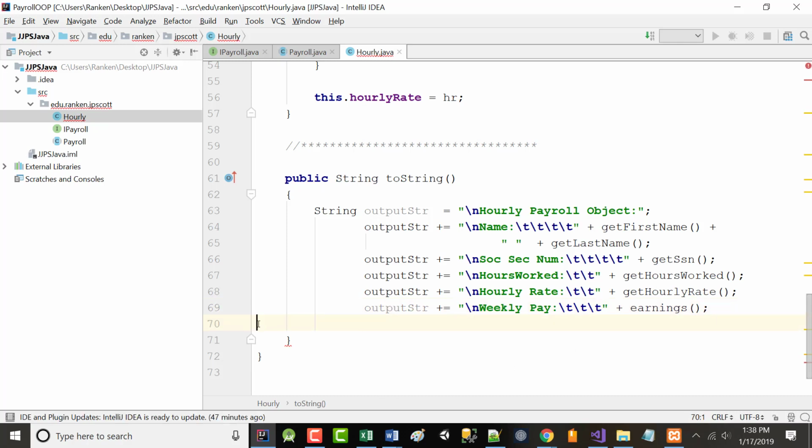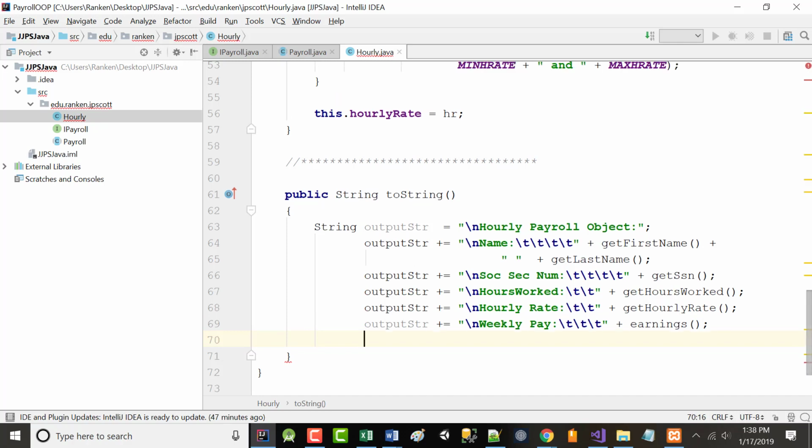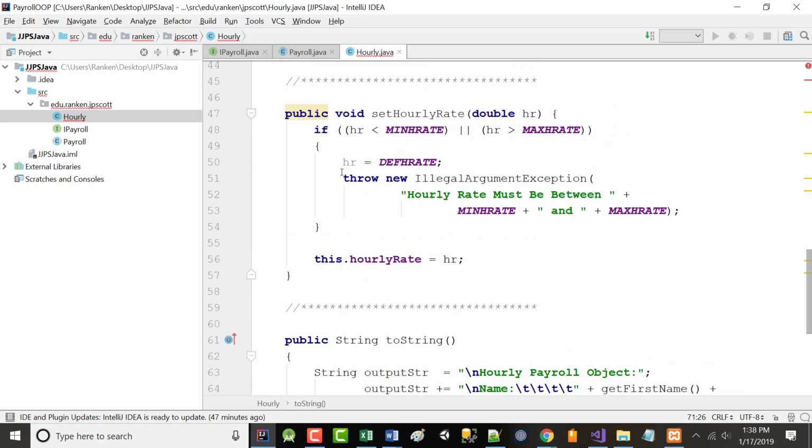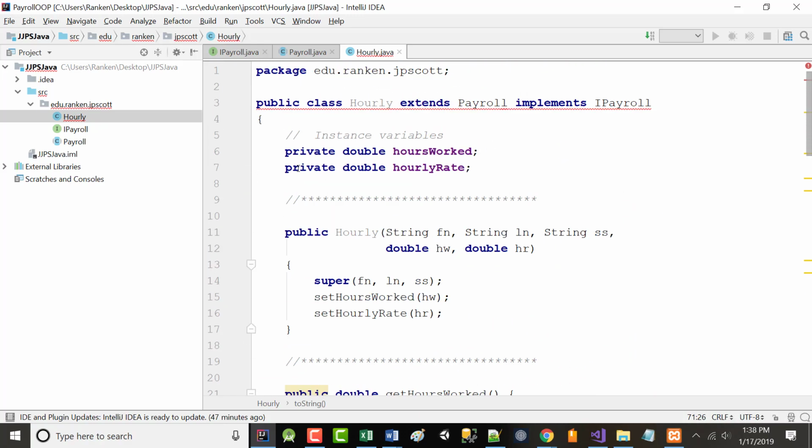All right. Now, if we wanted to pretty it up, and I'm not saying you do, I'm not saying you don't, but what we could have done in here, okay, I'm going to do it. You don't have to, but I'm going to do it. I'm going to go back up to the top of my program, way up on top here where I've got the hours worked and the hourly rate.